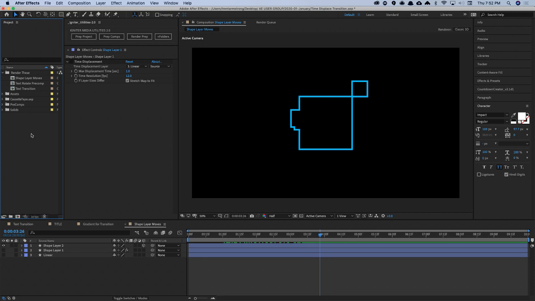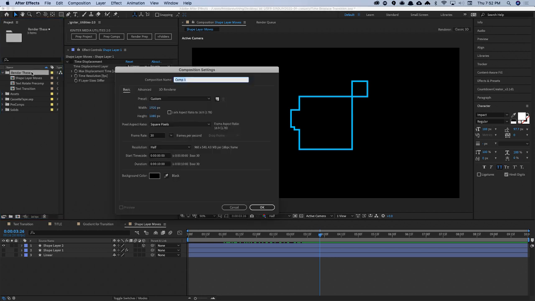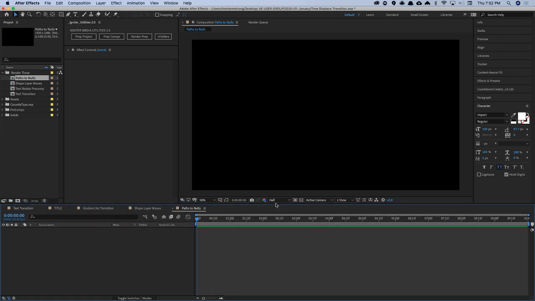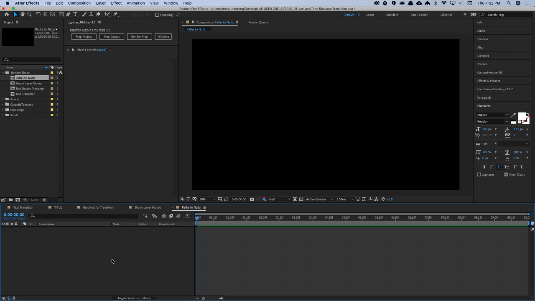Nulls to, is that called nulls to paths? I'm going to create a new column here. Paths to nulls, I think is what it's called. Paths to nulls. Previously in After Effects, previous to maybe, I don't know if it was 2019 or maybe